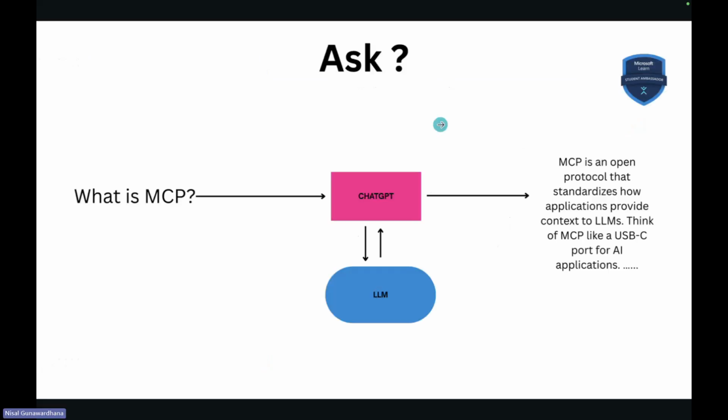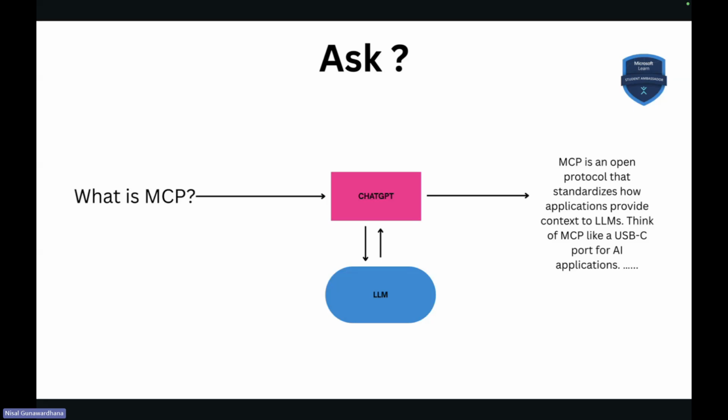So today we are going to talk about MCP, right? Before learning what MCP is, we need to know how a chatbot like GPT works. Basically, first I ask, what is MCP? I go to GPT, type what is MCP, and send this prompt.